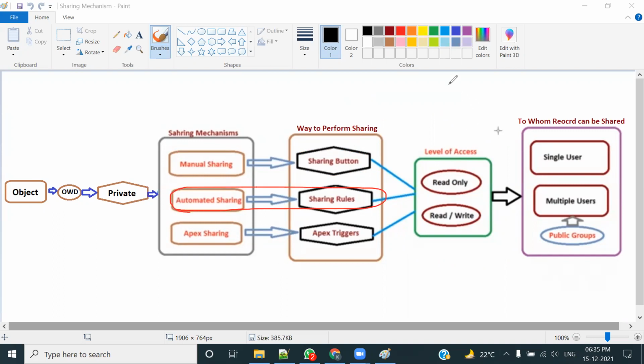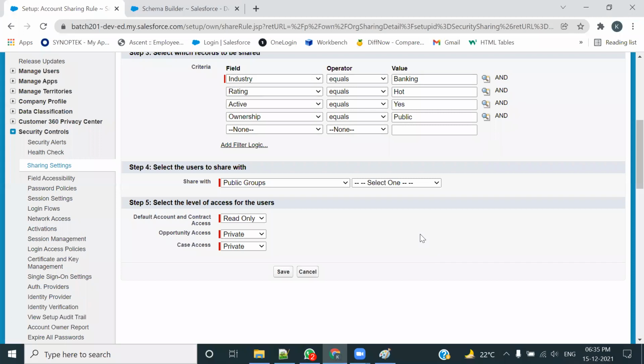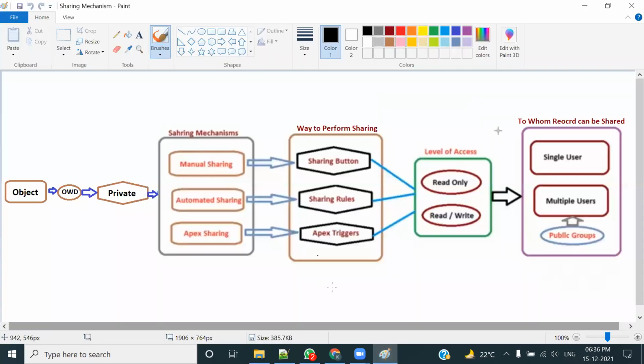अब जो ऑप्शंस आपको नजर आ रहे हैं यहाँ पे, if you are on automatic sharing, है ना, तो to whom you could share the records? आप रिकॉर्ड किसको किसको शेयर कर सकते हो? See, share with whom? Public groups, roles and internal subordinates, roles internal and external, that means portal subordinate. Do we have any option here called user? का कोई ऑप्शन नजर आ रहा है? नहीं नजर आ रहा. This means, ध्यान से सुनो मेरी बात, बहुत बहुत ध्यान से. If you are performing automatic sharing,